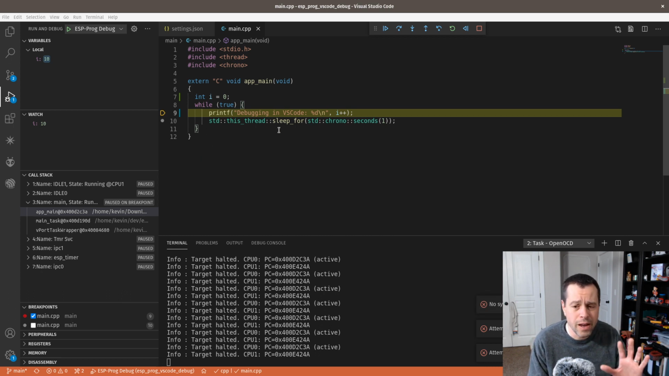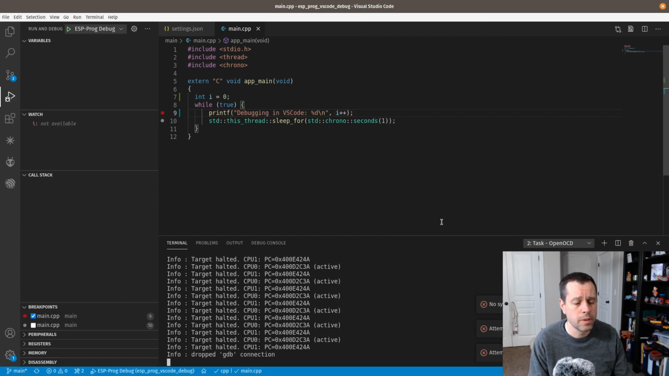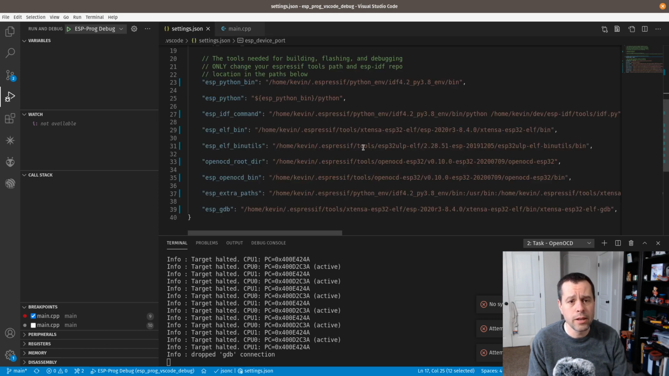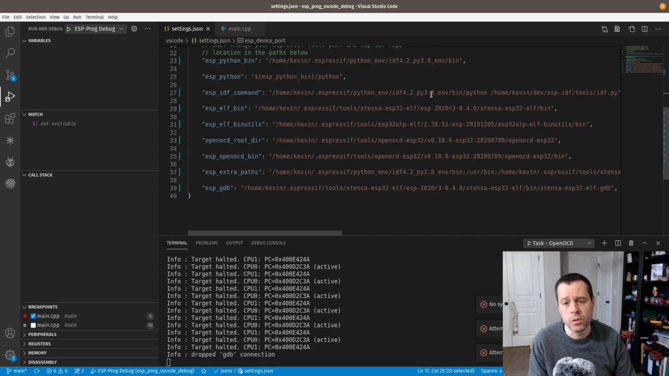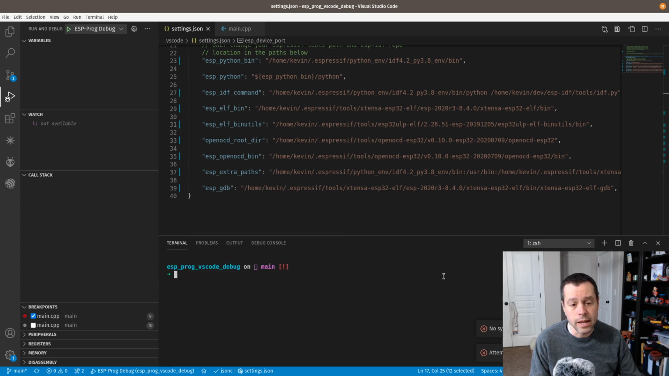Just as a final quick note, we'll go ahead and hit stop there. Again, in your settings.json, if you're not using 4.2 of ESP-IDF, these paths are almost assuredly going to be different. All you really need to do, if you want to hand edit it, is cd over into your, it's probably easier to look at it in the GUI file explorer, but